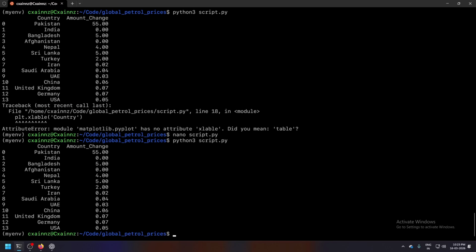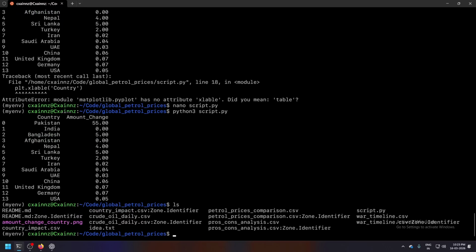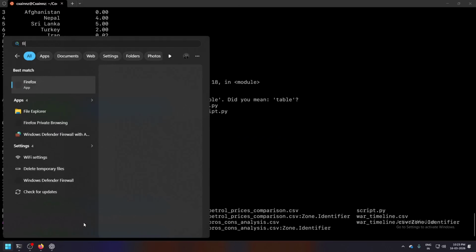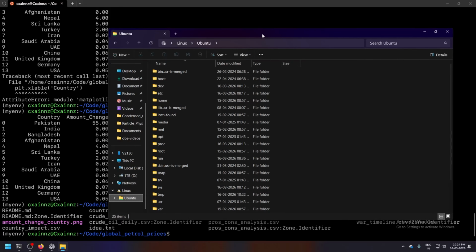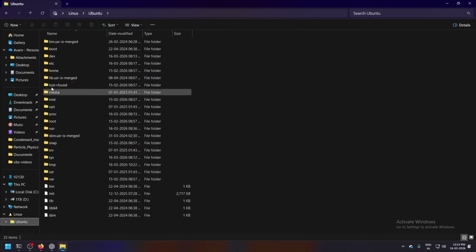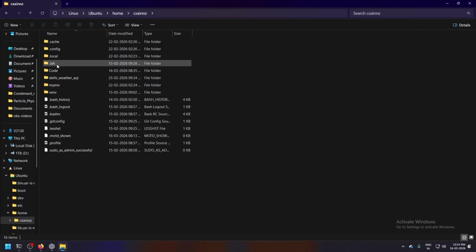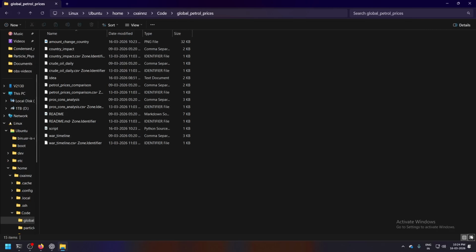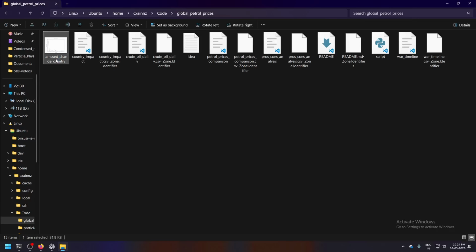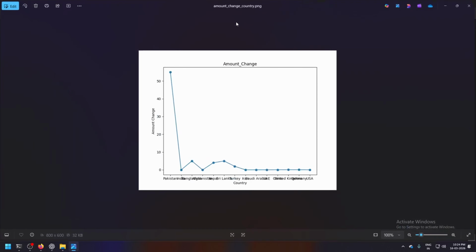Yep. So often it doesn't show anything, but you can see amount change country, and you can open it by file explorer, then home, file code, and global particles, and over here, if I just open this, this is basically the plot. And that's what I'm saying, now you can see all things are merged.